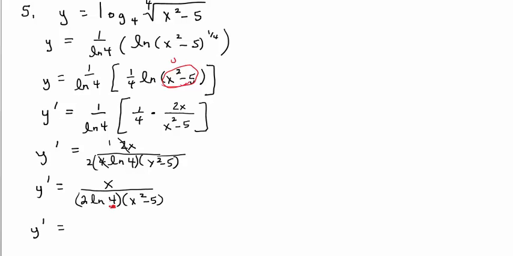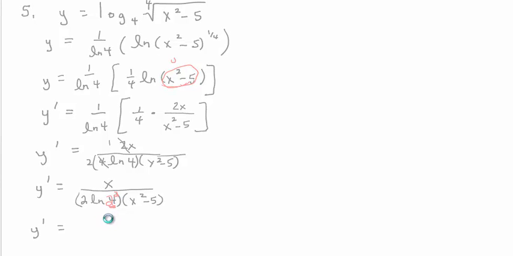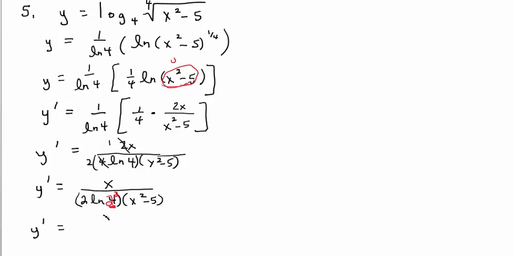If you were to check the back of the book, it might not be a 4, it might be a 2, meaning if I rewrote 4 as 2 squared, just think about that for a minute. If that was 2 squared, I could bring the 2 in front here and now have a natural log of 2. So it's really kind of a simple way to simplify your log functions. So an alternate answer, okay, would look something like this. With the 2 moved in front, it would be 4 ln of 2 in parentheses times quantity x squared minus